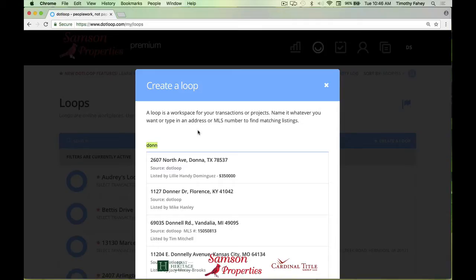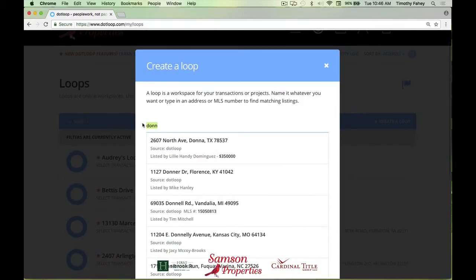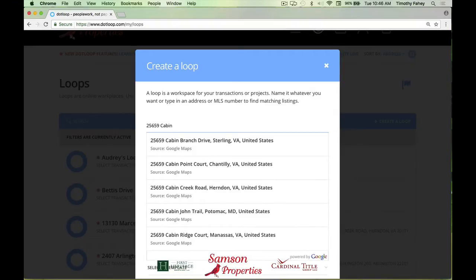But don't feel like you have to, but that is a place that you'll see that there. The other thing, that only happens if it's already been created in dotloop by the same company or anybody. Even if it's a Keller Williams agent, it would say source dotloop. It didn't necessarily say source Samson Properties dotloop. So if it's already been created in dotloop, at least then there's just one loop out there that exists,